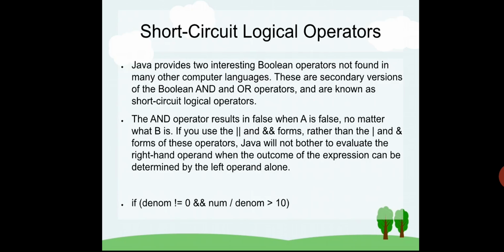Otherwise you are going to neglect that particular thing and come out of the condition, or you may write some else statements. In the same fashion you can go for single OR also. In that case the computer must consider both the operands, both sides. It cannot neglect the other side. If one side is true, it cannot neglect the other side if you are using one AND symbol. But in the short circuit logical operators, you are using double AND and double OR. That means if one part is false, it will never check the second part itself.